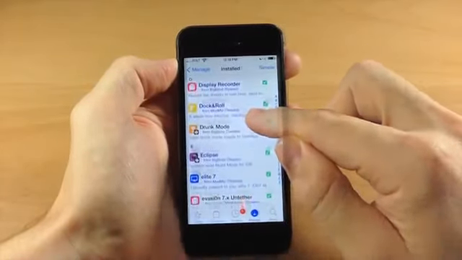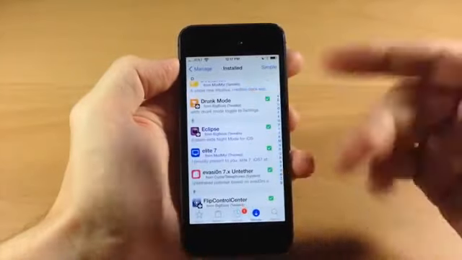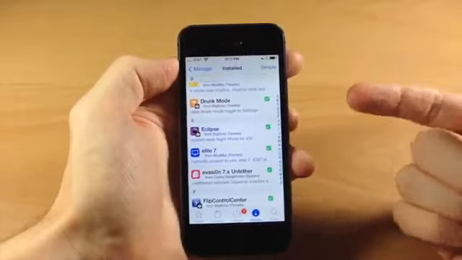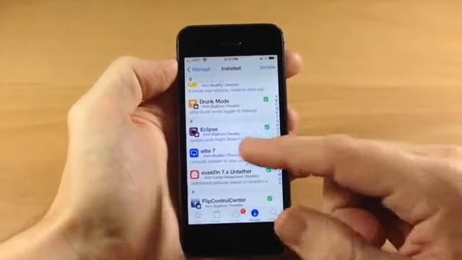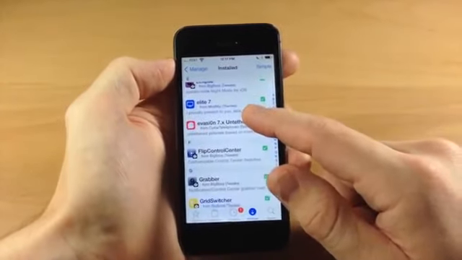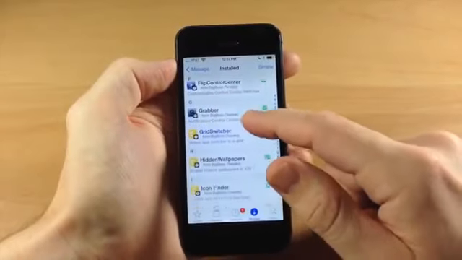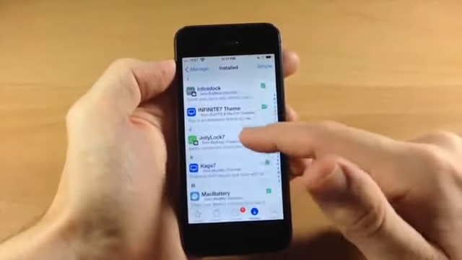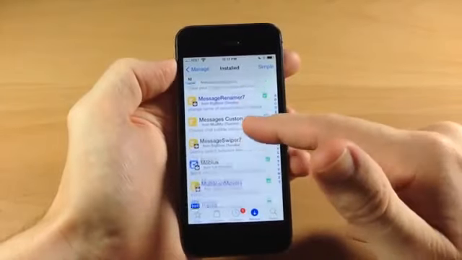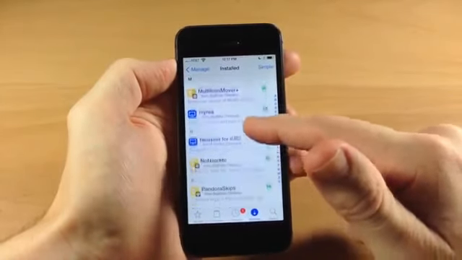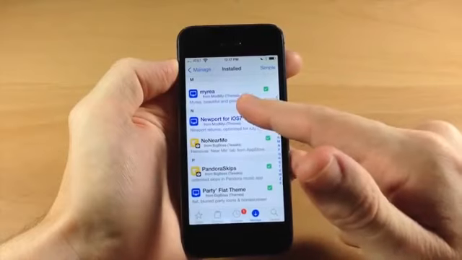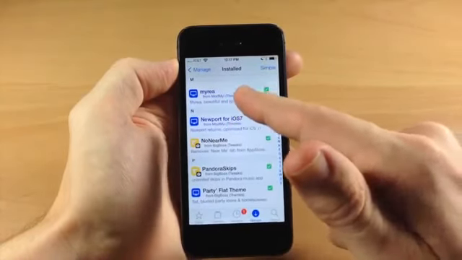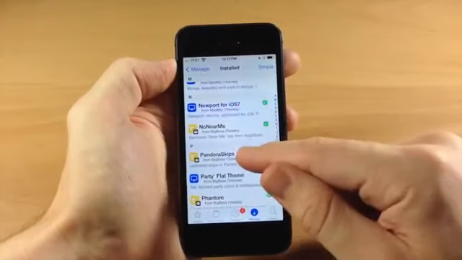Scrolling down here, we also have Drunk Mode, which is going to allow you to toggle on a little toggle in your settings and not allow you to send text messages if you're going out for a drink. Now scrolling down here, we have, let's see, I think I covered most of these. Here's some Mac battery. Those are some themes that I have for my battery. Myria, that one's actually pretty cool. That's a theme. I don't know if I actually saw that or mentioned it in Winterboard, but this is a really cool theme as well. It reminds me a whole lot of